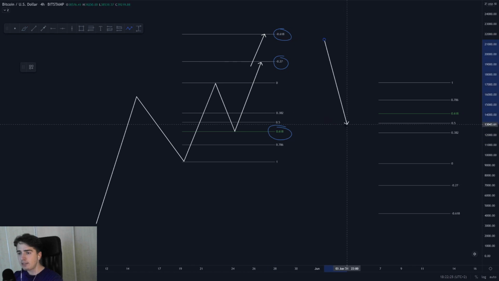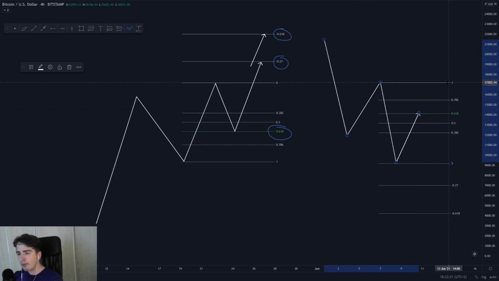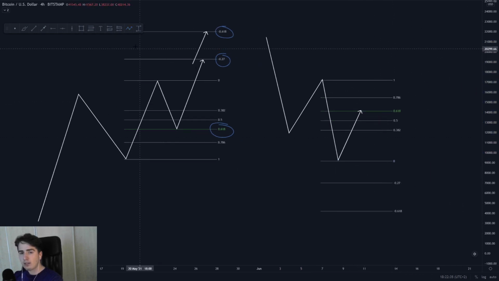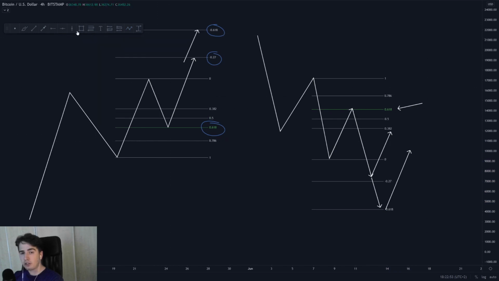And in a downtrend, this works exactly the same. Just draw in your fib once again. So remember, 1 is at the lower high, the 0 is at the lower low. Then once you've predicted the retracement towards 0.618, you just wait for either the -0.27 or the -0.618 to get hit before once again getting a new retracement. And once that retracement has happened,